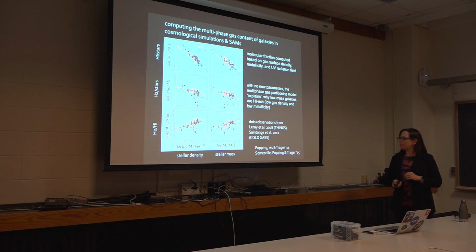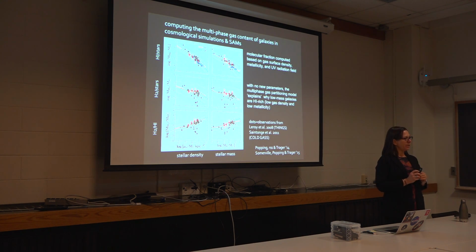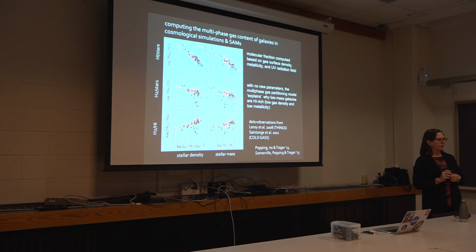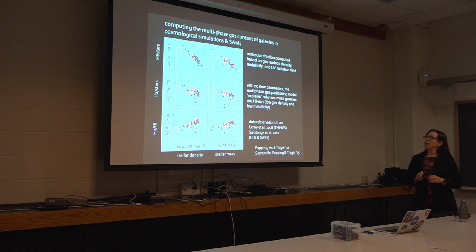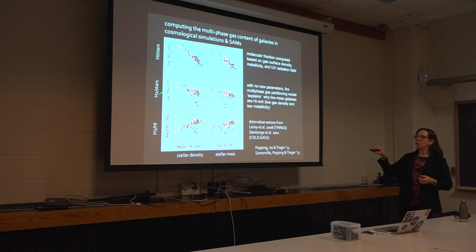A few years back, starting in 2014, 2015, I started working with some collaborators on implementing recipes for estimating the fraction of the ISM in the form of cold dense gas, which we label molecular gas, versus neutral atomic gas. We used very simple recipes extracted from simulations. The basic ansatz being that molecular gas forms on dust, which is maybe tracing metals, gets photodissociated by the UV background, and forms more rapidly in dense regions. So we basically have a recipe depending on the gas surface density, the metallicity, and the local UV radiation field. And then we checked whether we could reproduce local scaling relations between things like the fraction of HI or H2 to stars as a